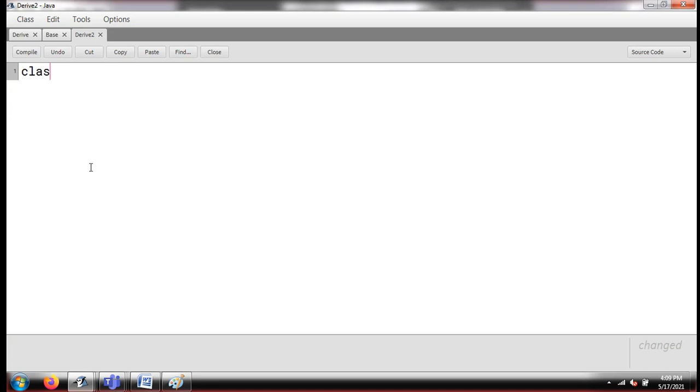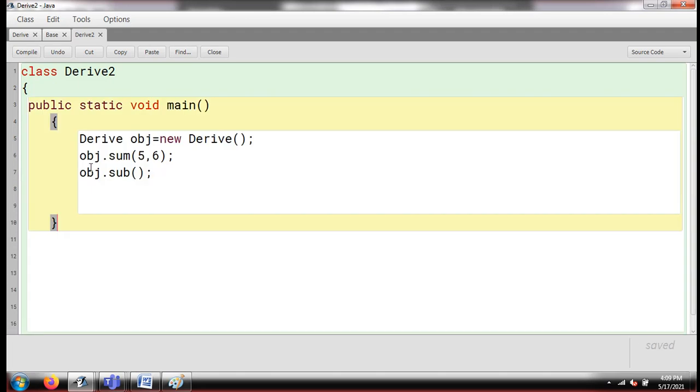I'm simply going to write class drive2 here. I'm creating a space for my class, and I'm going to simply add my public static void main.